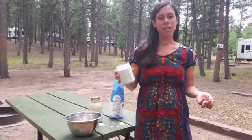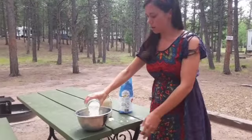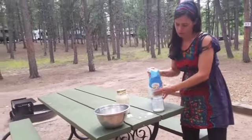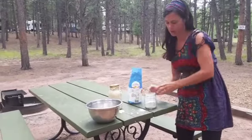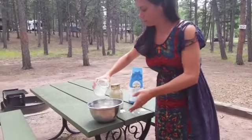So I'm not sifting this, I'm not being fancy in the least bit. So there's a jar, and that doesn't look like 2 cups to me. I'm going to put a little bit more. I'm going to go like that. That feels like 2 cups to me. And then what I'm going to do